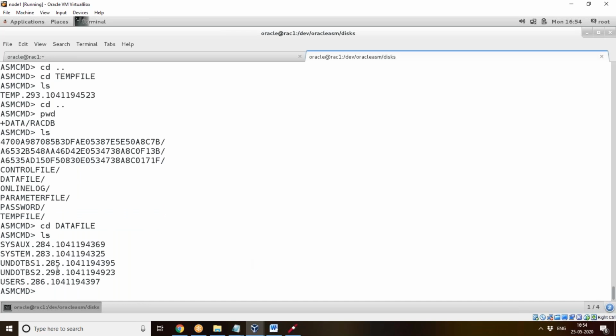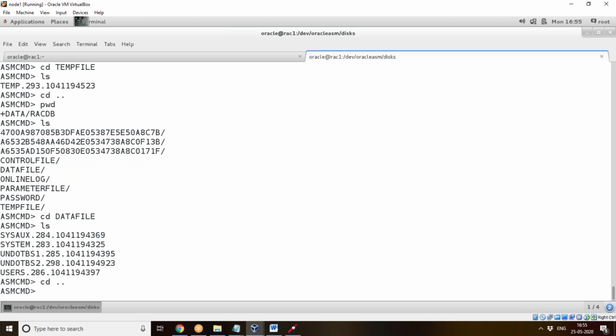So sysaux, system, undo. So 2 undo tablespaces and 1 users. Okay. So this is a 12cR2 database. That's why we have undo tablespaces for the PDBs as well. Okay. For PDB1 we have 1 undo tablespace. That's what this one is. Then users. Okay. So this is what we used to check.